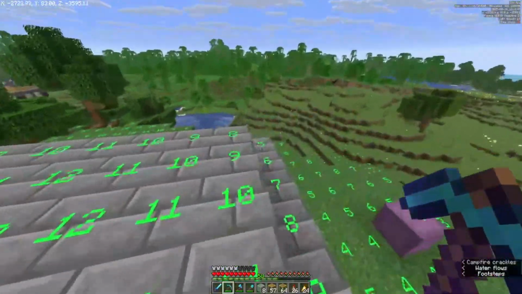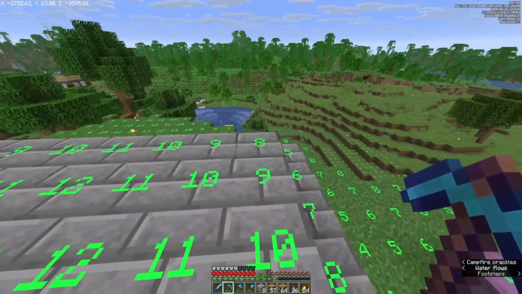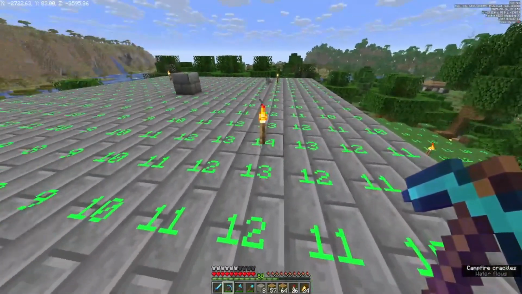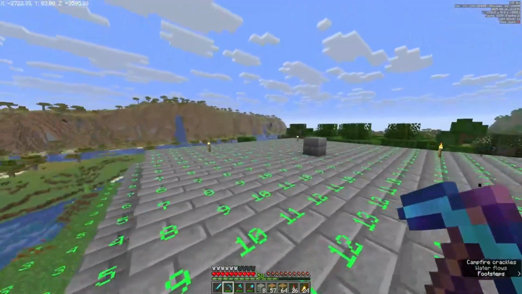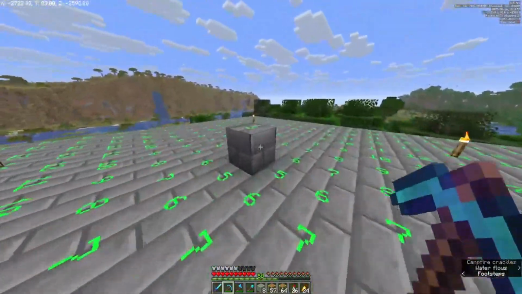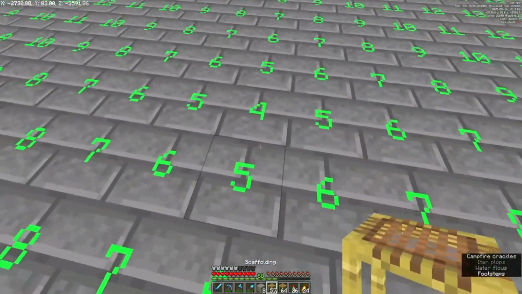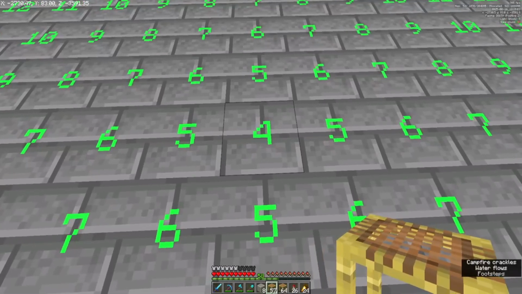Okay, now that we've got that completely covered, I went ahead and put torches on here. Basically, I came from this corner, and on the 4th diagonal block, I just placed a torch everywhere. That way it's symmetrical, but it also completely lights it up. So now all we're going to do is on that block right there, that middle block, we are going to,